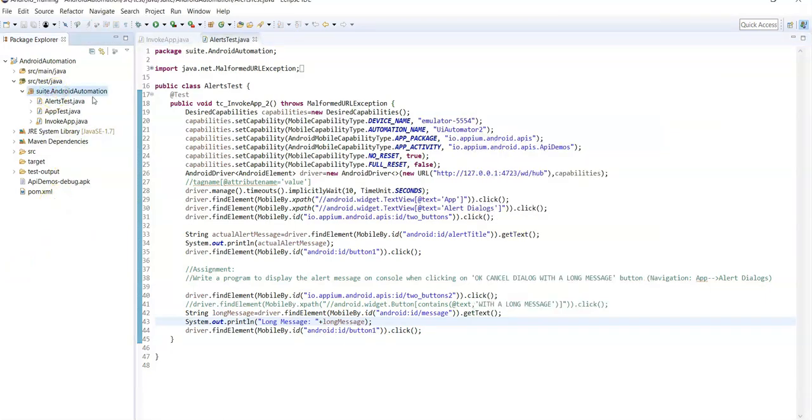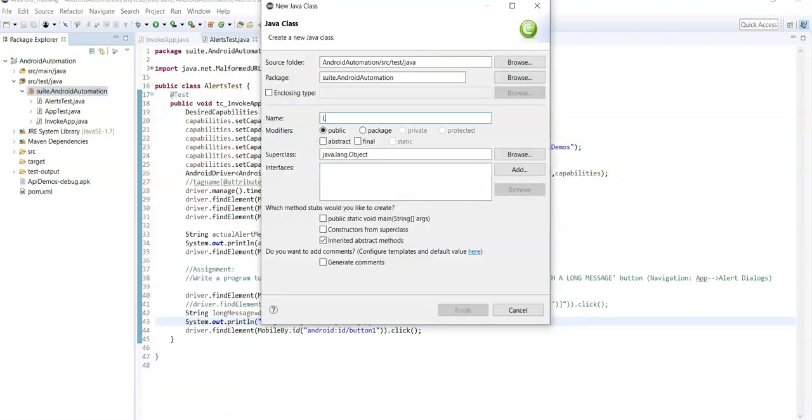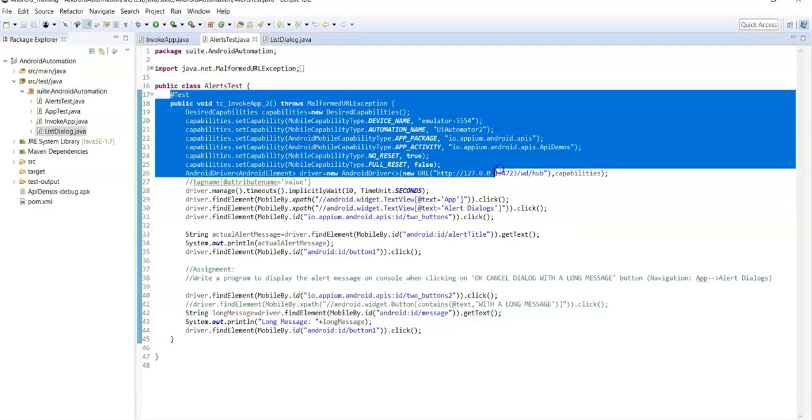Create a new class, ListDialog. Okay, copy the code until opening the application.